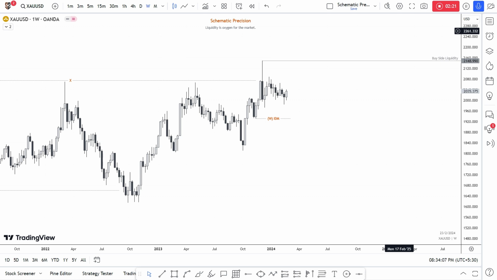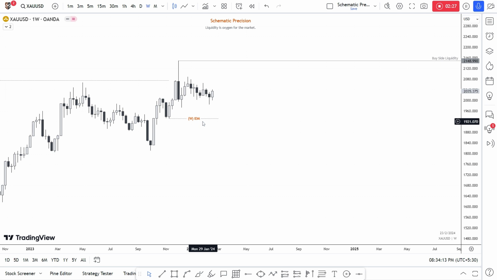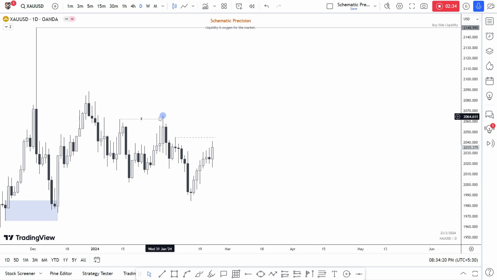So let's see what the technicals are saying. On the weekly, as I said, I'm expecting price to take the weekly inducement. Jumping on to the daily, focus on this high. I marked the last high. The price took the inducement above this high and plunges down, breaking the structure. So until and unless we are below 2065 or say 2070, we are still bearish.